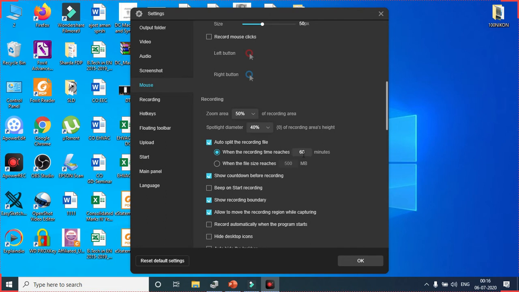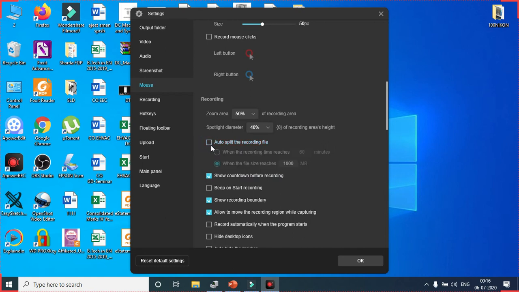Or if you want to keep a size limit, then you can click this. If the file size reaches 500 MB, or you can set another size, you can keep this as 1000 MB or any other size. Otherwise, leave that. It means the complete recording will be in a single file.